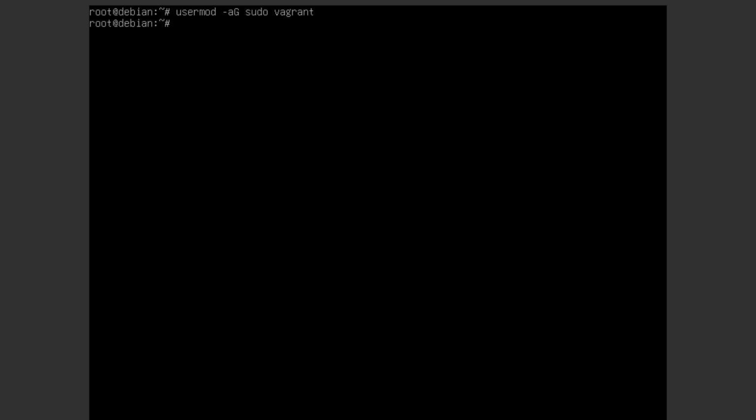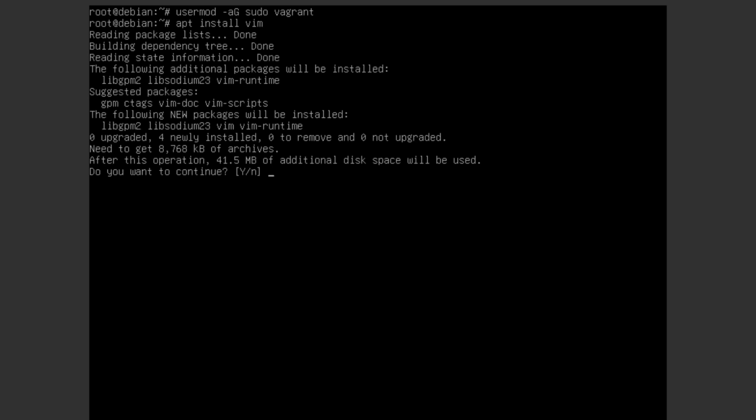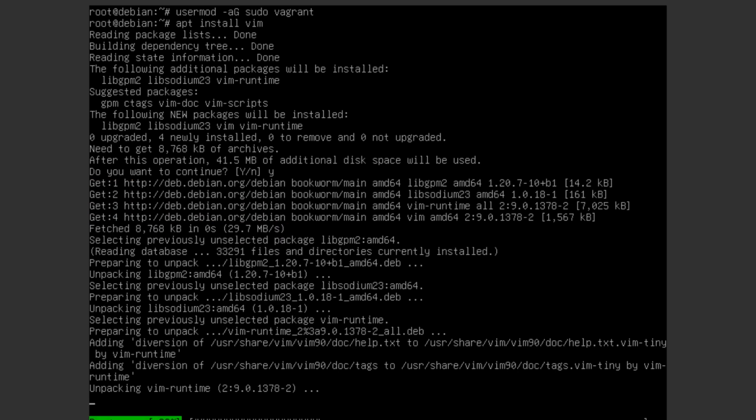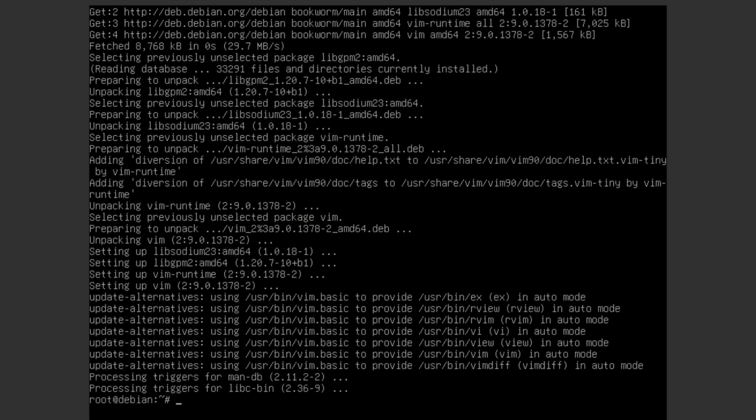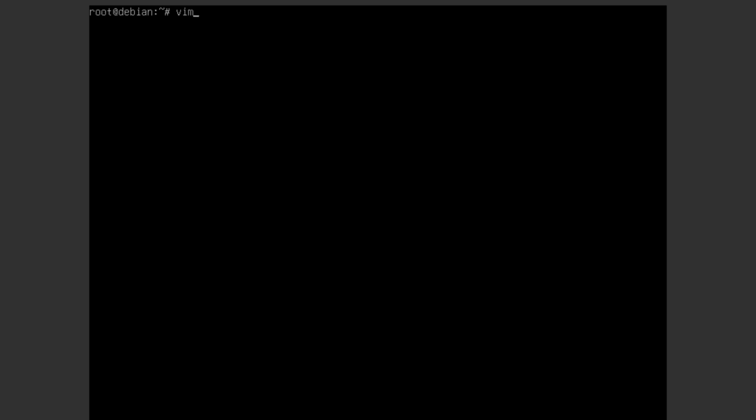Now, in a lot of Debian-based systems, the preferred editor is Nano, so the concentration is on Nano, but I would always want to use Vim, so I can install the Vim text editor. Remember, I'm customizing this so it works the way that I want. So that's a simple install of Vim.